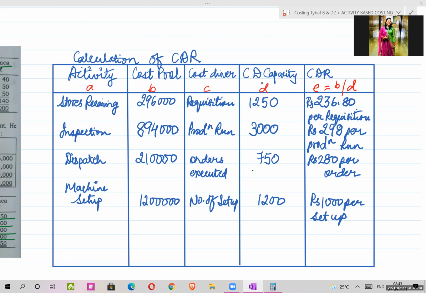Once you know your cost drivers, sometimes they give you the cost driver, sometimes they don't. But then, based on the activity, you have to see which can be the best suitable apportionment for that activity. Okay? So your cost driver will be decided based on the activity. So many times they give it, but if they don't give it, they will definitely give you the information regarding the cost drivers, and it will be very logical that you will identify that if this is the activity, then the cost driver has to be this particular information.